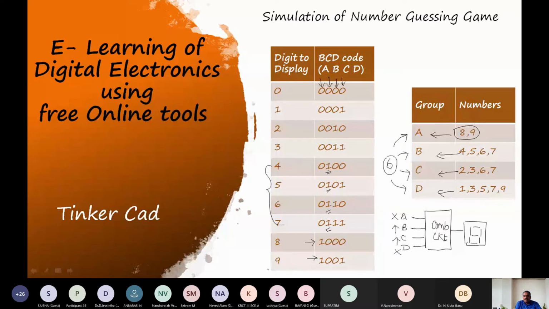So it shows 0, 1, 1, 0, which is obviously 6.